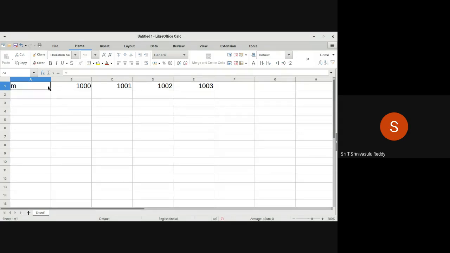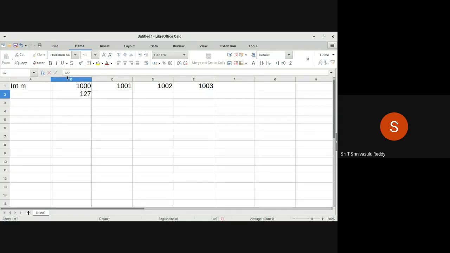So 4 bytes are allocated to this. Now you are storing an integer value like an IP address, 127.0.0.1.